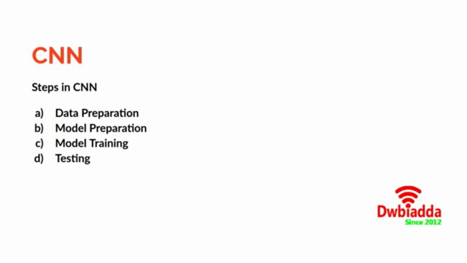So today we'll be starting with one of the very famous image processing models, which is known as convolution neural networks. Convolution neural networks are generally used for image classification problems, like any problem related to image processing in general. There are basically four steps that are followed in convolution neural networks: data preparation, model training, and model testing. We'll be making a separate video on each of these, one for data preparation, one for model training, and one for testing as well. This is how we'll be progressing.